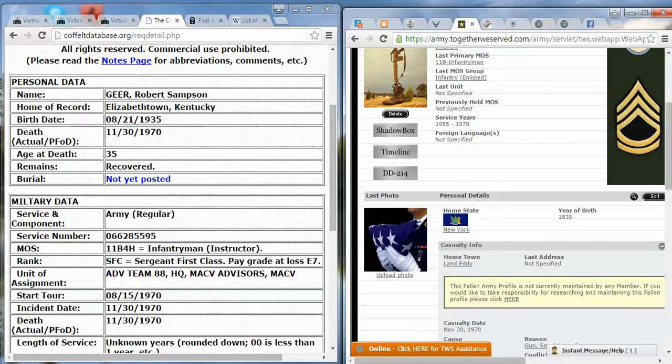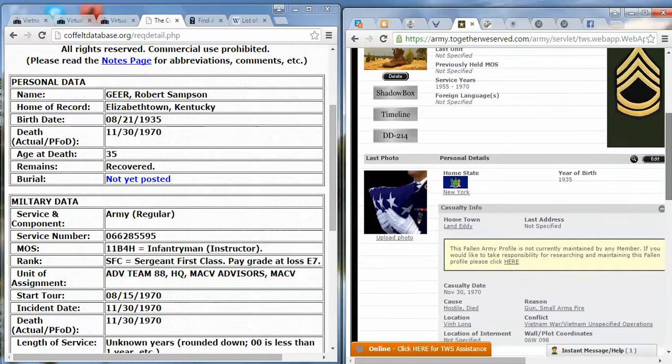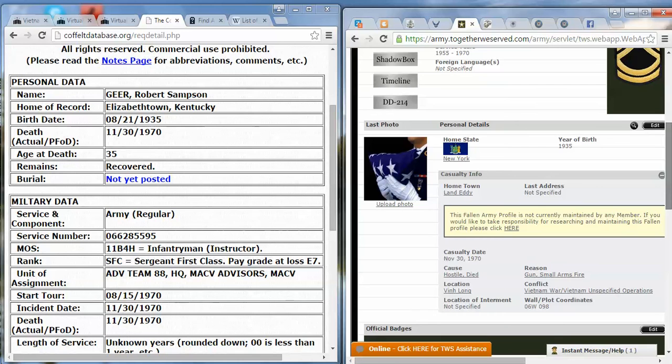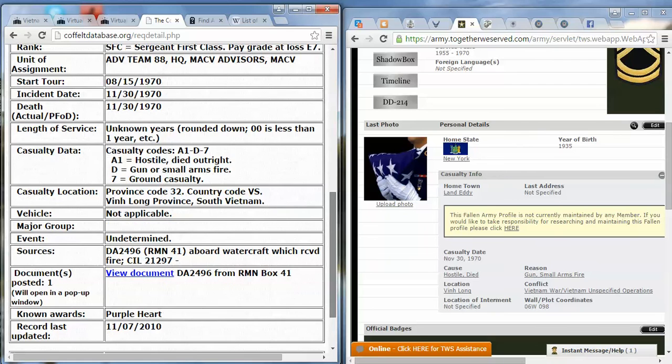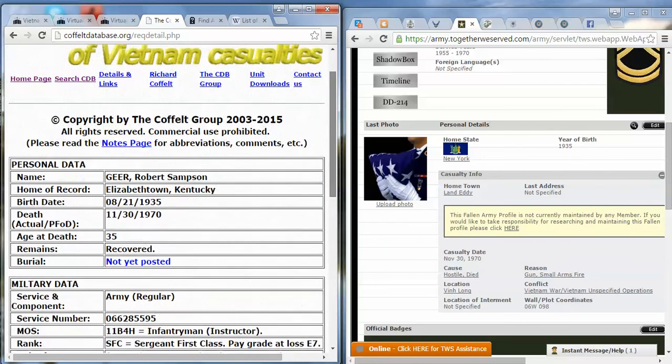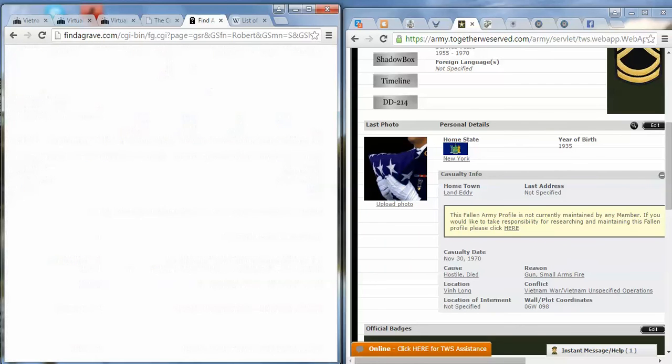Okay, has his birth date, has where he was from, does not have his interment location, and the listing said not known yet. So let's see if we can find it on Find a Grave.